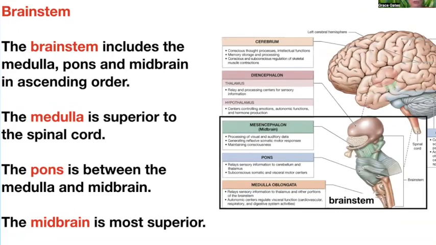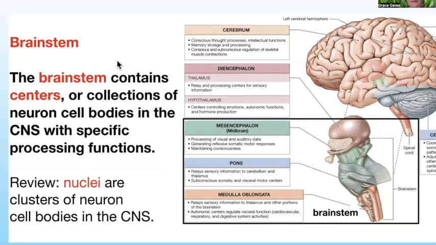So let's start with the brainstem. The brainstem includes the medulla, the pons, and the midbrain in ascending order. The medulla is just superior to the spinal cord, then comes the pons, and then comes the midbrain, the most superior part of the brainstem. The brainstem contains many centers, which are collections of neuron cell bodies in the central nervous system with specific processing